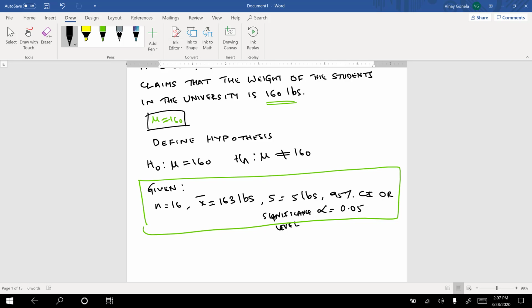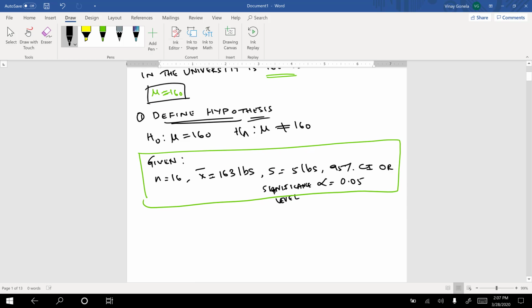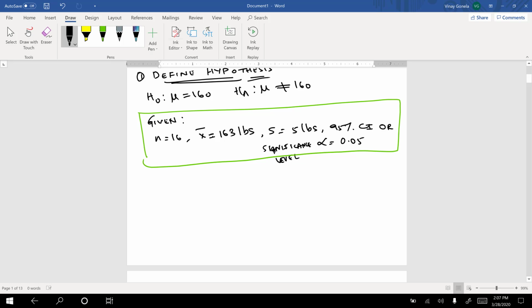So this was the first step of hypothesis testing. The second step of hypothesis testing is to compare the test statistic with the critical value. So the test statistic,